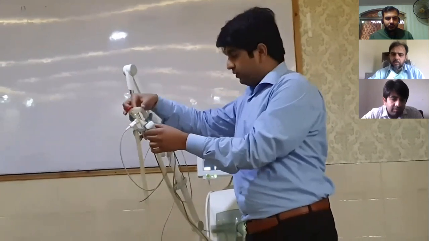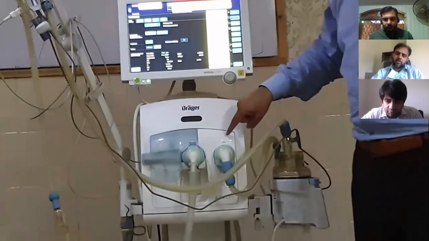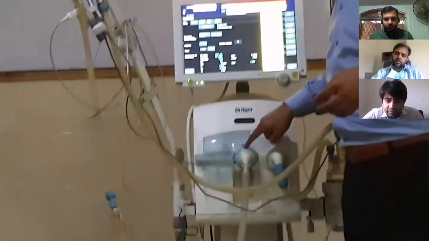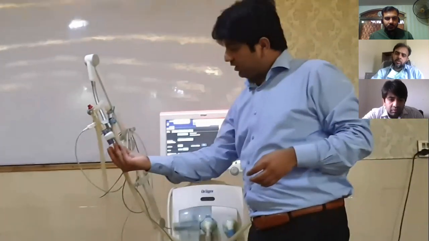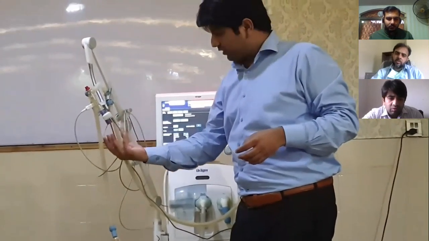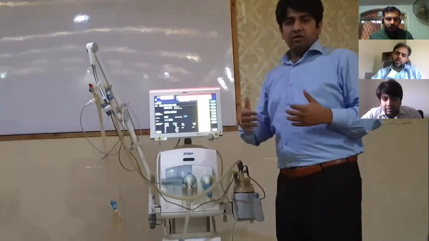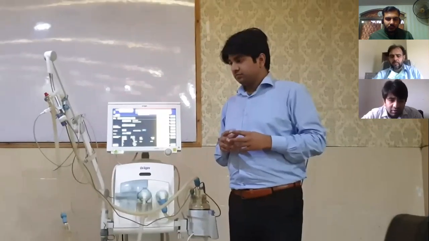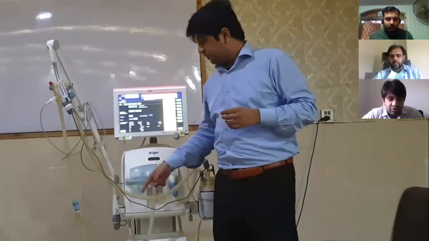One is the inspiratory limb. This inspiratory limb is attached to a humidifier, which is coming from an inspiratory port. So this is an expiratory port, and it is attached to the expiratory limb. So we will attach this through an endotracheal tube to the baby, and when the child is on the ventilator, each breath is delivered through the inspiratory limb to the baby, and expiration is passed out to the expiratory limb and is wasted.